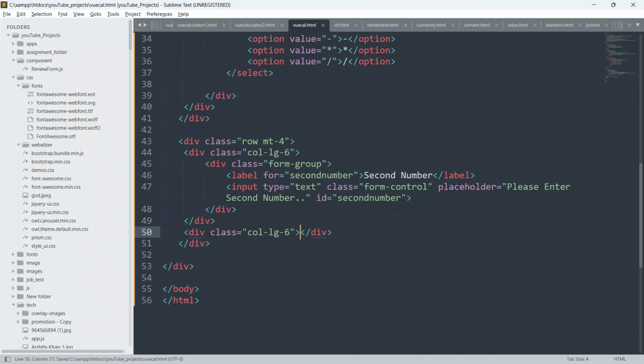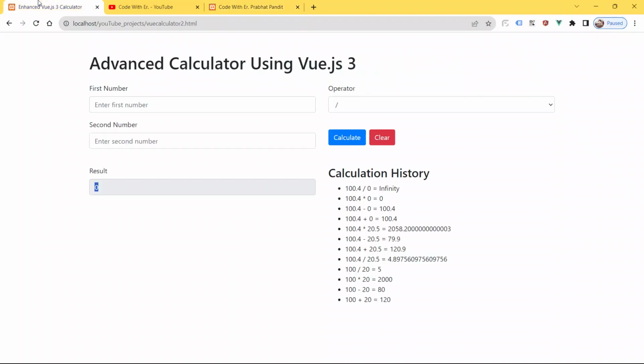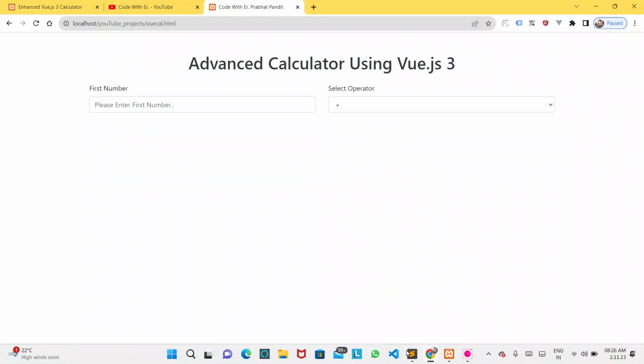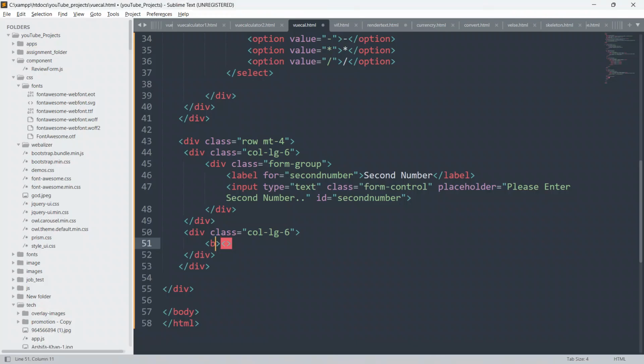Inside this div I'm going to create the button elements like calculate and clear. Go to the code, create a button element, and close it first.